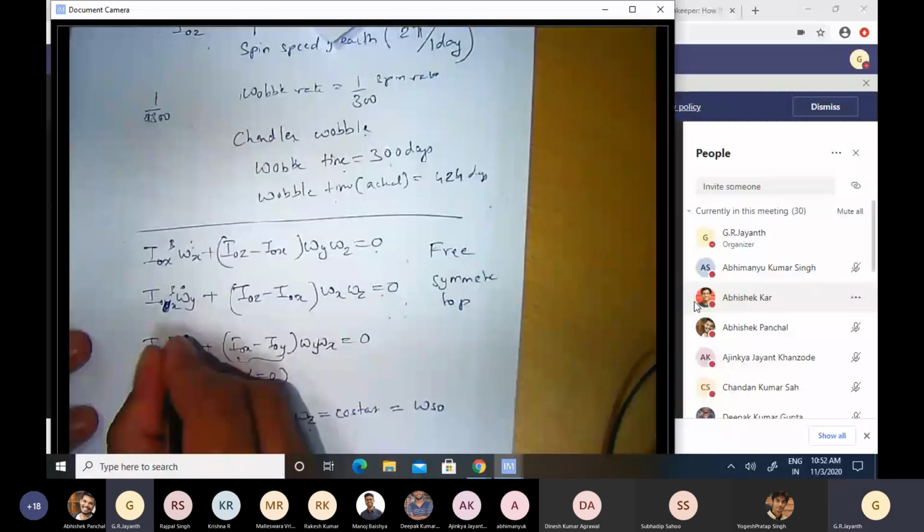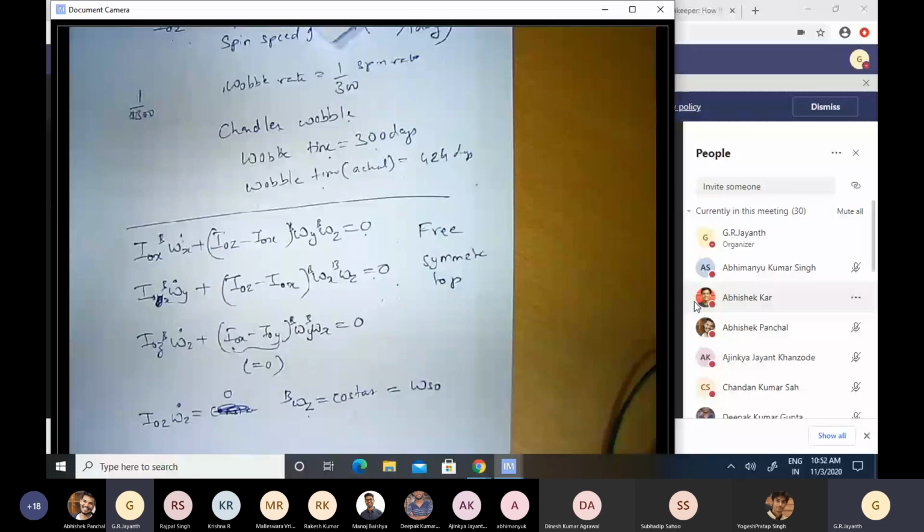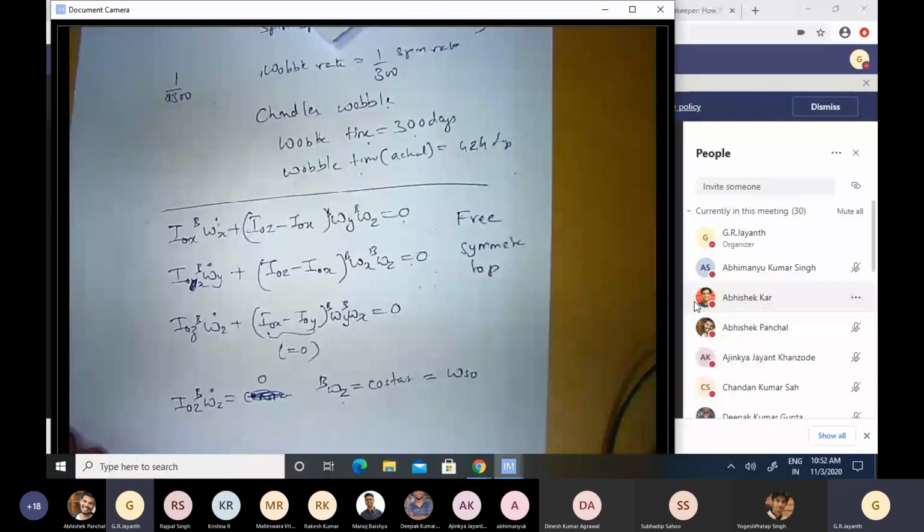That way you will not face confusion with what we have used omega z also in the previous case of the spinning shaft, spinning swash plate and so on. So to avoid confusion, I'm calling this omega z in the B frame. Okay, so this I can plug it into these equations.